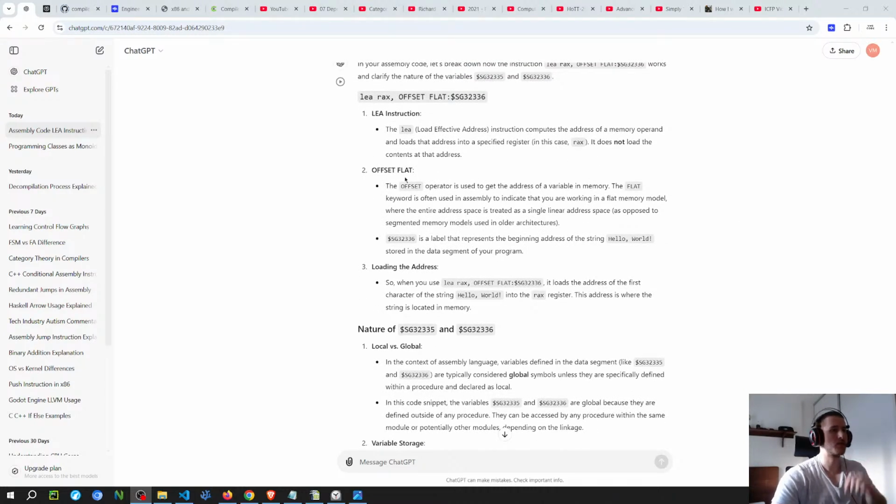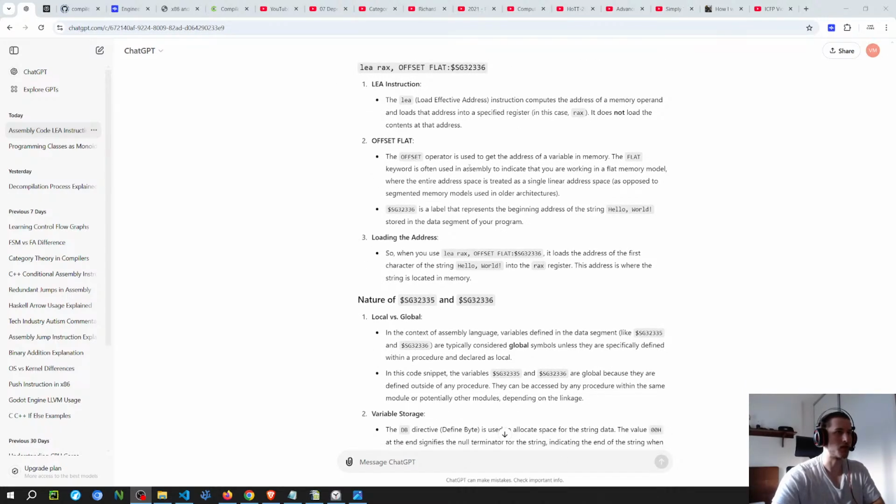Loads the address. You got the address of a variable in memory. The flat keyword is often used. You are working in a flat memory model, where the entire address space is treated as a single linear address space, as opposed to segmented memory models used in older architectures. So I think that usually the videos that I've seen on assembly use the segmented memory